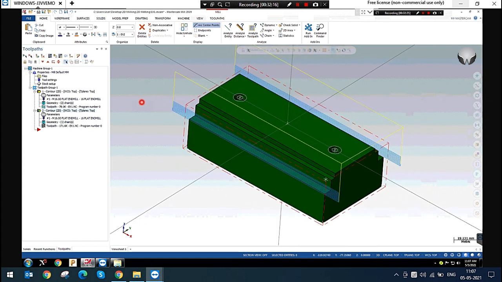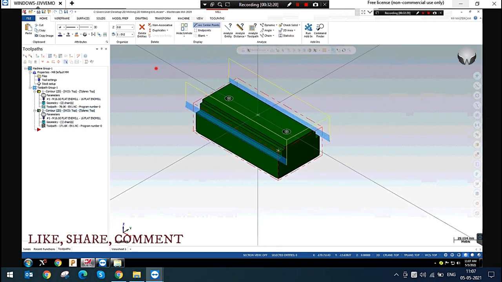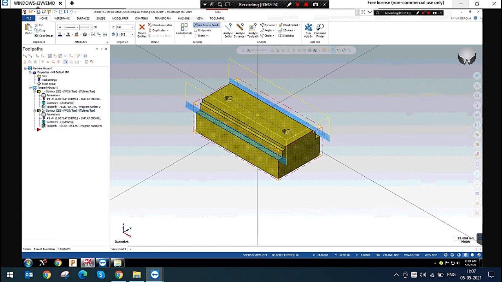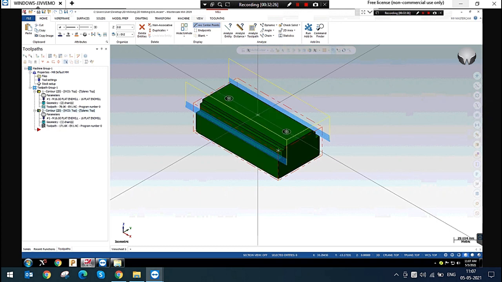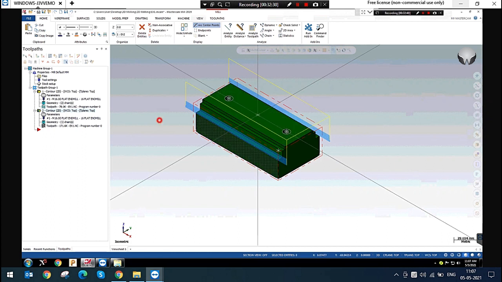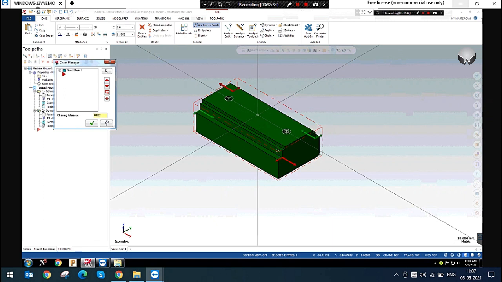Yes. In this case, this is a solid model, brother. Please wait. I will show you that option. Okay, so this is a solid model. If you have a solid model, you can use this by selecting chain by solids.